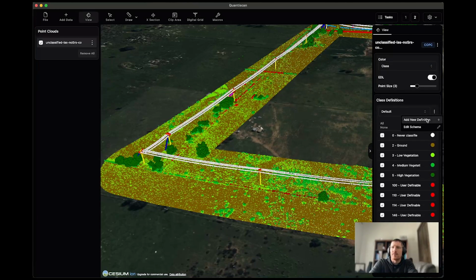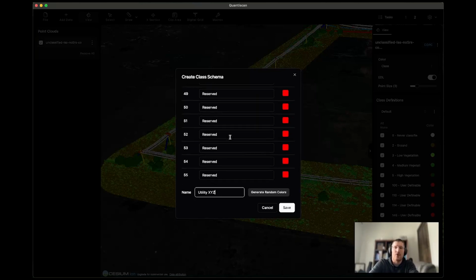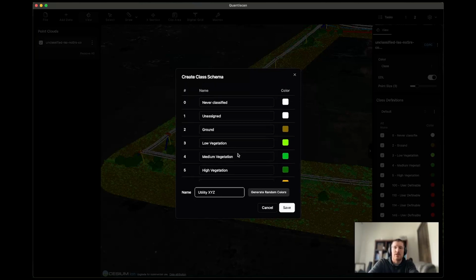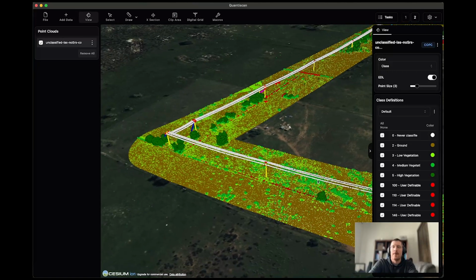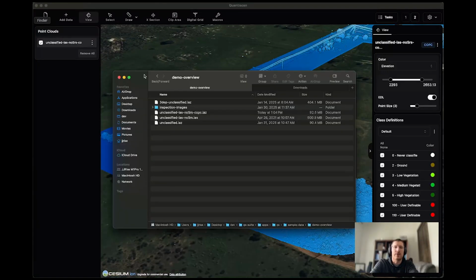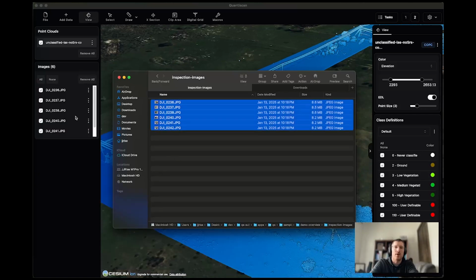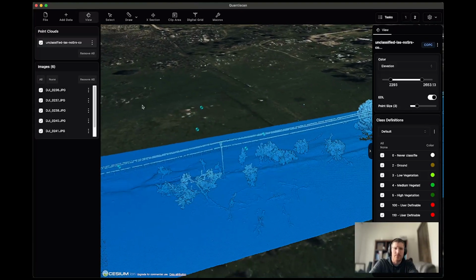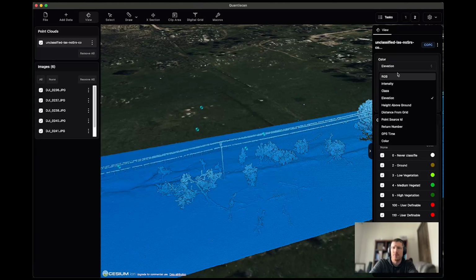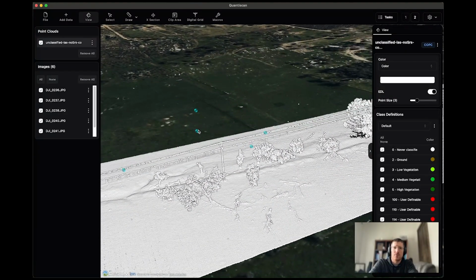You can create schemas. So you can create a schema and say, utility XYZ, whatever utility, and they have their own schema. In the Terra Solid world, you call that a PTC. But you can load in a schema depending on what client you're working with. So in addition to point clouds, you can load images. So you could take your drone images, drag and drop them into your projects, and I've got a lot of blue going on, so it might be hard to see. Just go back to color for now. But you can see the images where they were taken,